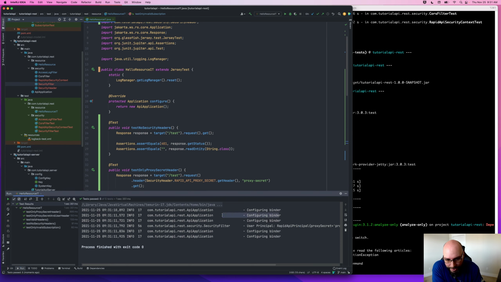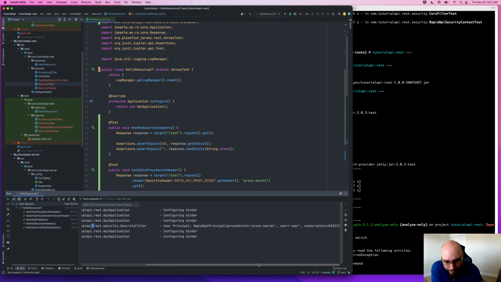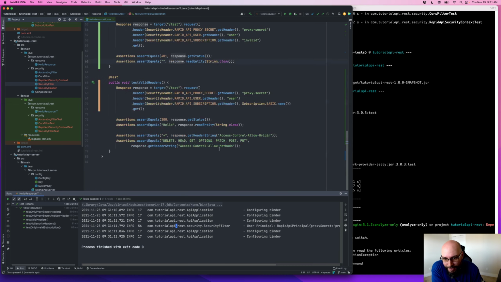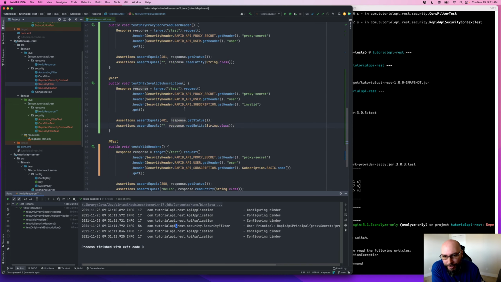And we're still getting our binder logging. We're getting our user principal logging when it is successful. All the values there look correct. And so yeah, everything's looking good here, except for,